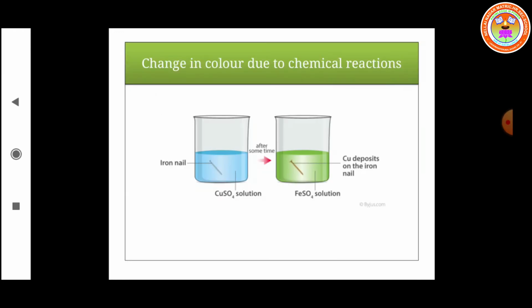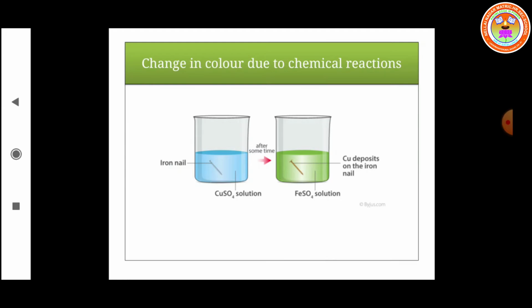The next one is change in color due to chemical reactions. A beaker is taken. Half of the beaker is filled with copper sulfate solution, which is blue in color. Then one iron nail is placed inside it. Okay, see, in the beginning the color of copper sulfate is blue. The iron nail is present without rusting, and this setup is left for